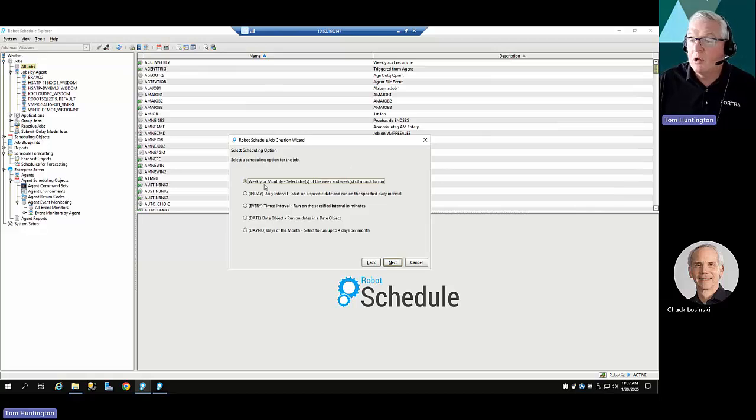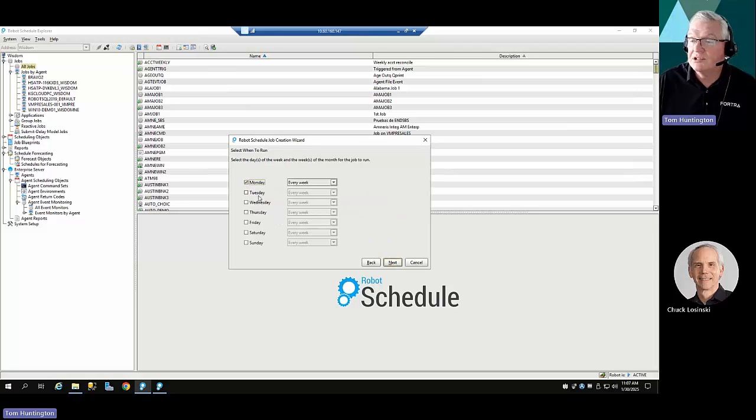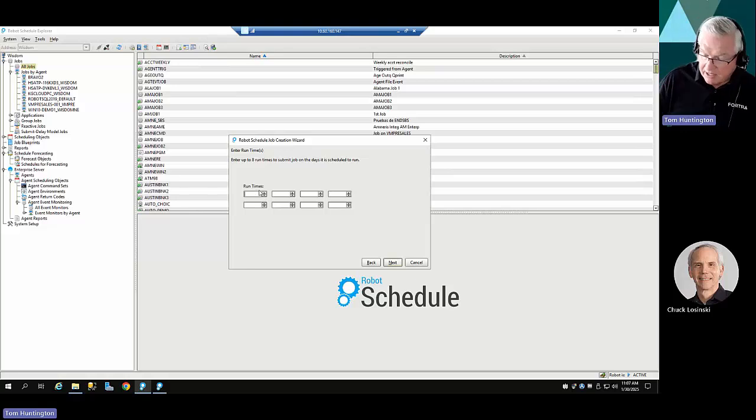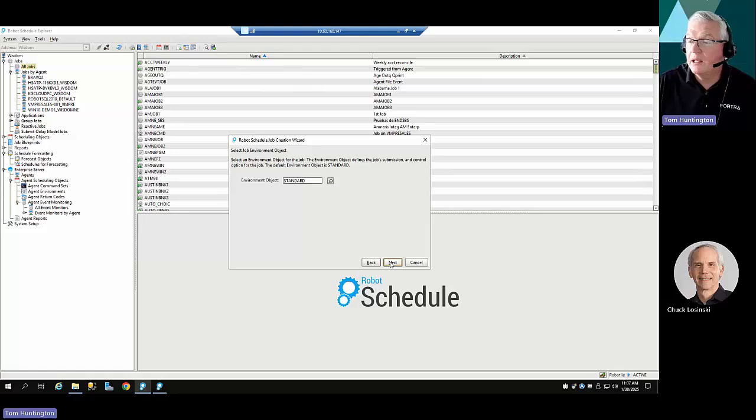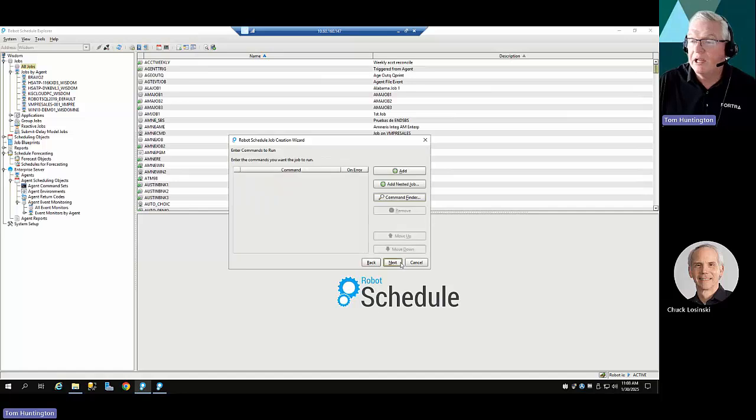And then when do I want to run this? Weekly, monthly, daily? I want to run it Mondays, and I want to run it every Monday of the week. Then I want to put some time on that. I want to run that at 8 a.m. And standard environment, I want to choose a command. So I'm going to go to the command entry area, add a command in here. I'm just going to do work active job. I'll put